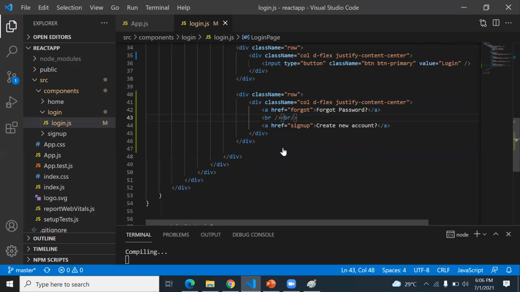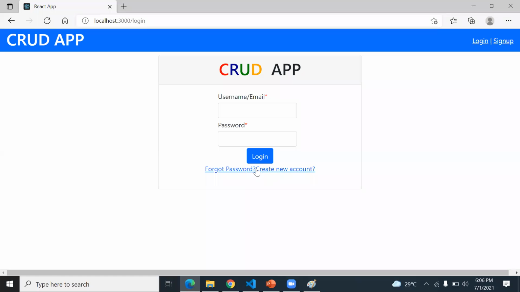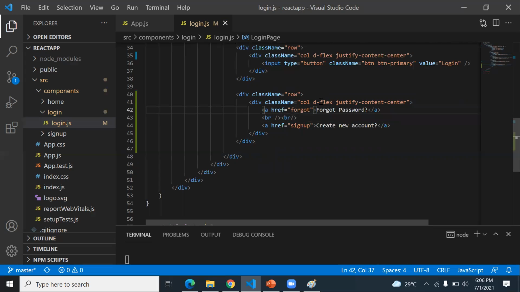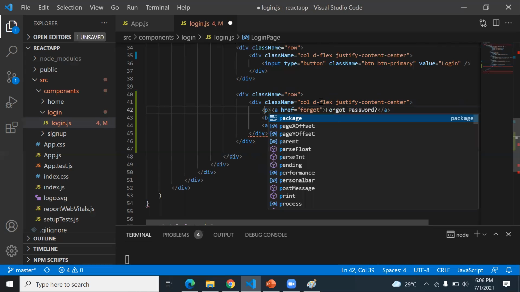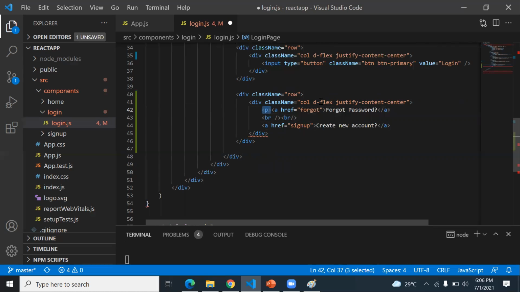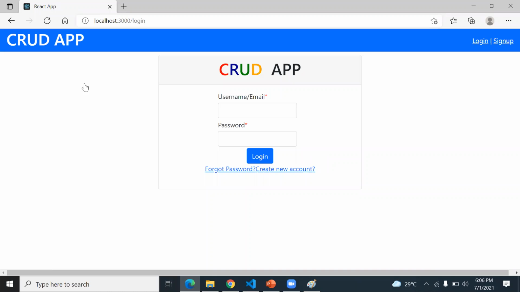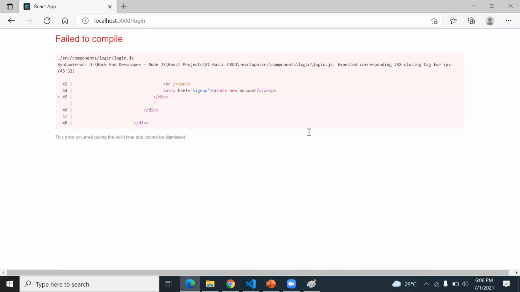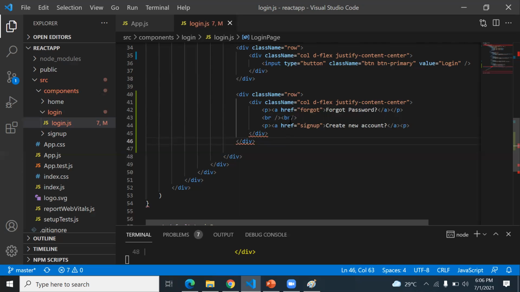Is this because of the row? Okay, so we can do one thing. This is a one p tag. Here also we start and close this p tag. Save this.